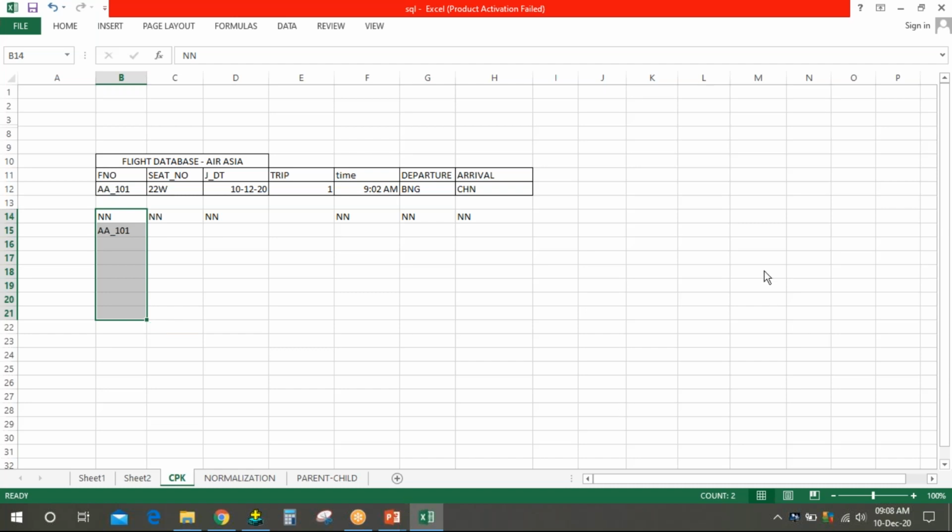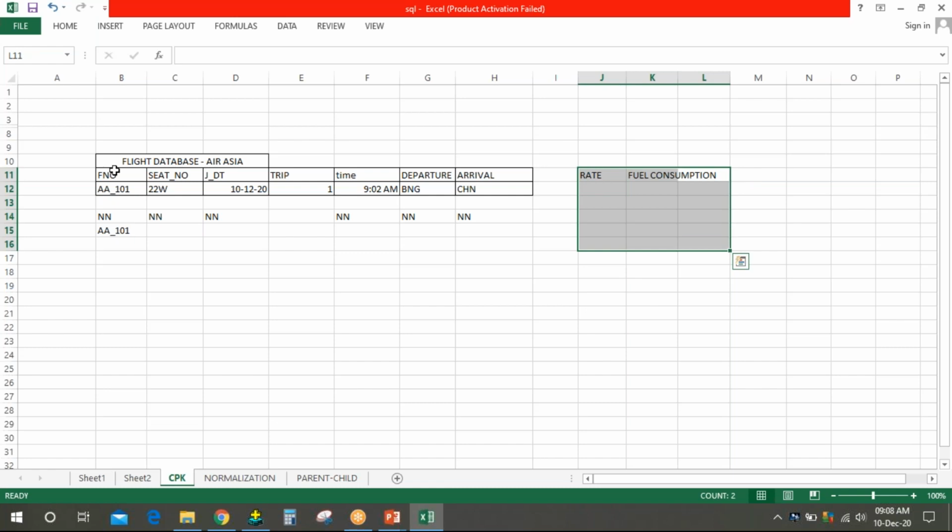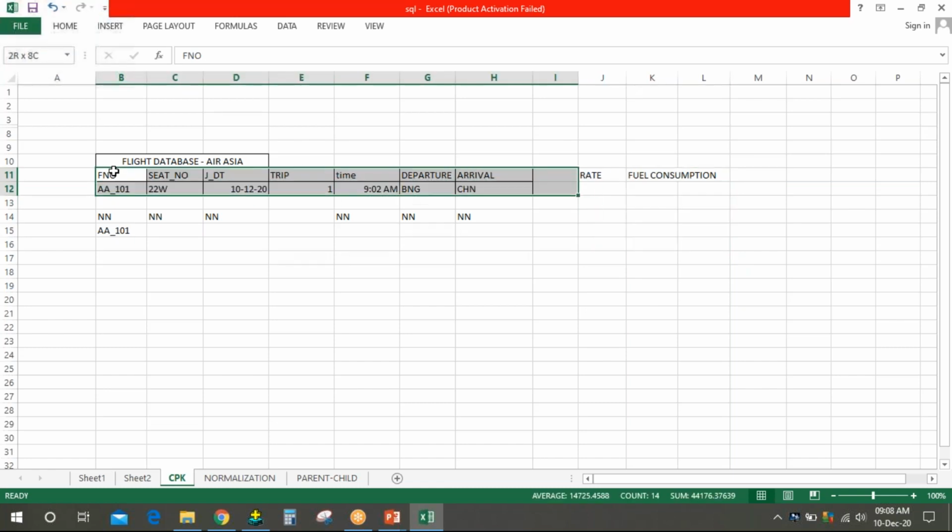The other databases can be a fare table, a date for the flight, and fuel consumption. This table generally gets connected with that table to make the calculations. So to make easy calculations, we have come up with the term called composite primary key.